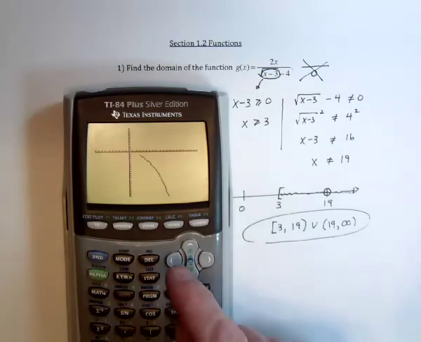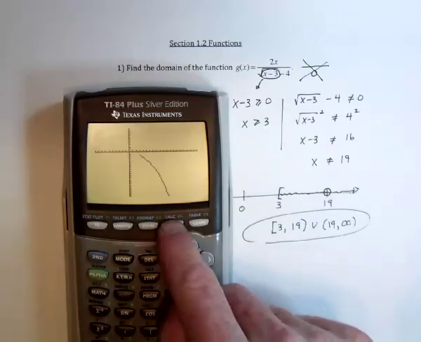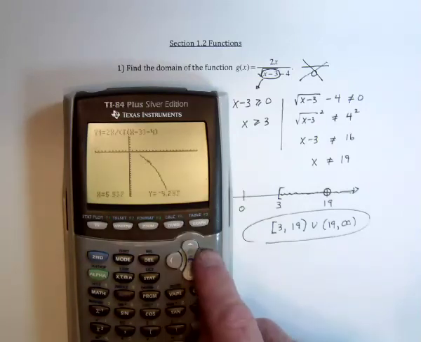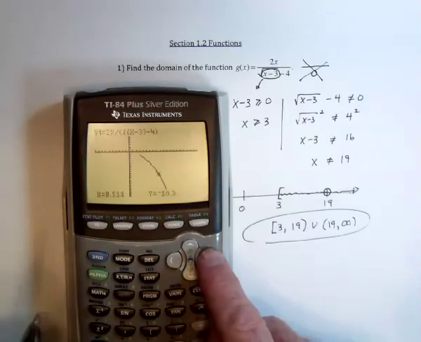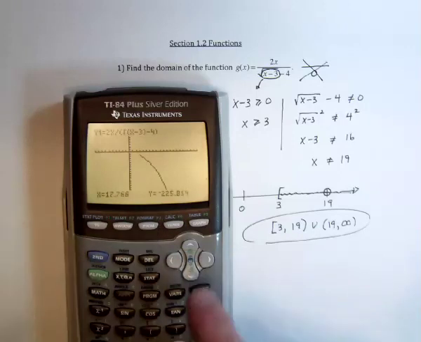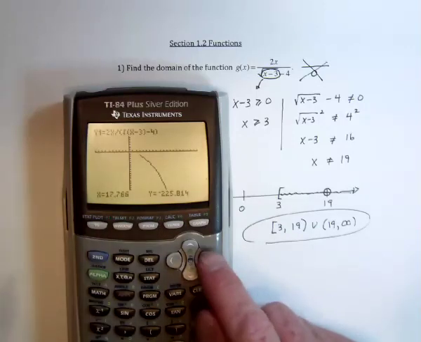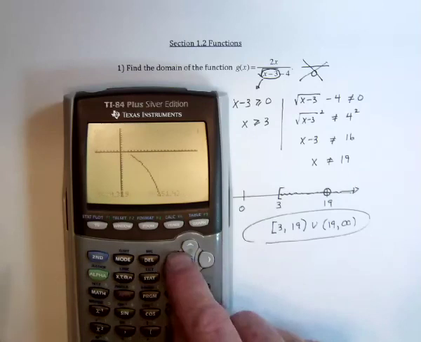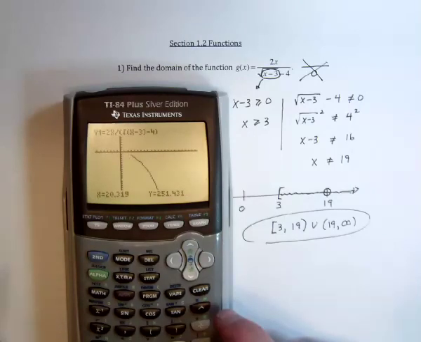Now instead of guessing and checking, maybe I should have put negative 30, negative 40, what I can do is trace and not really watch the graph so much, but instead watch these numbers. It tells you how far down the graph is going. So it's going down into the hundreds, and we haven't even gotten to the 19 yet. So if we go up to 20, we need that going down to